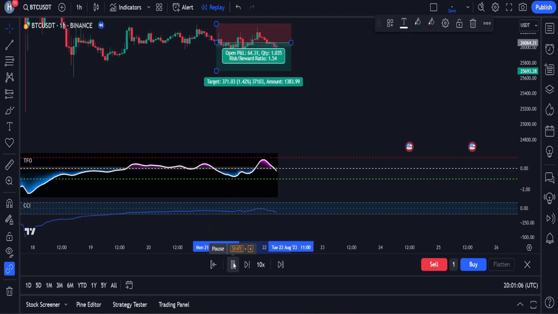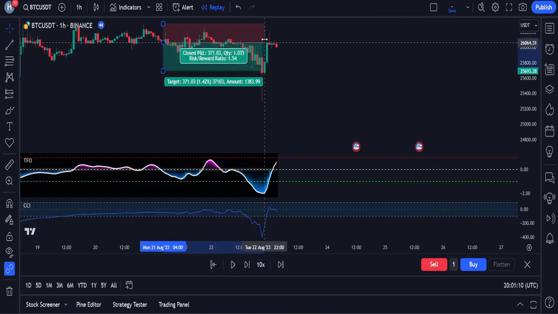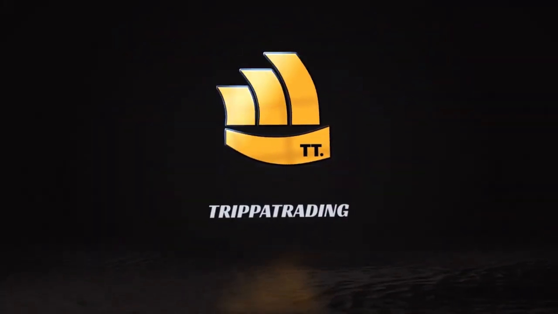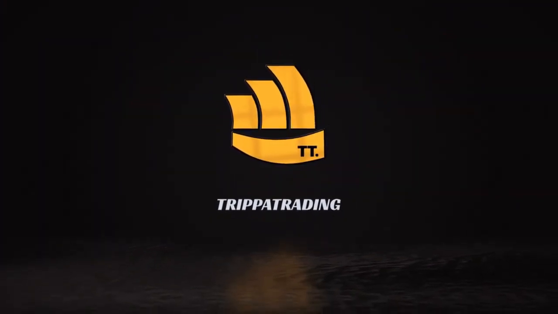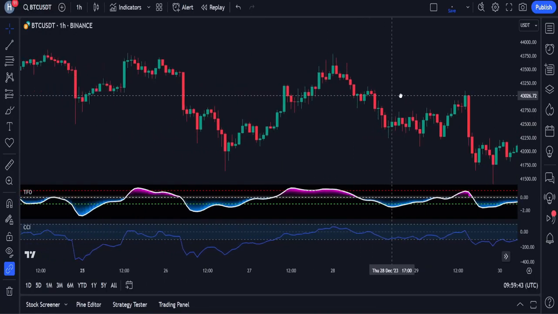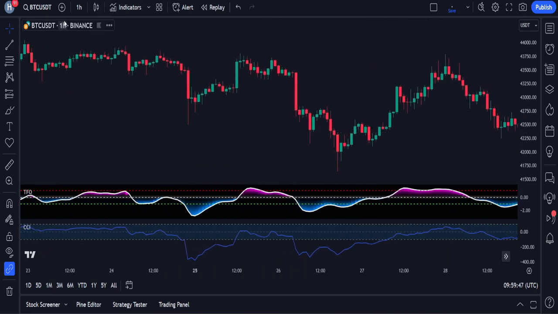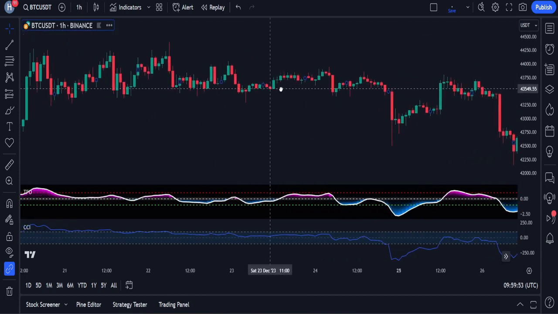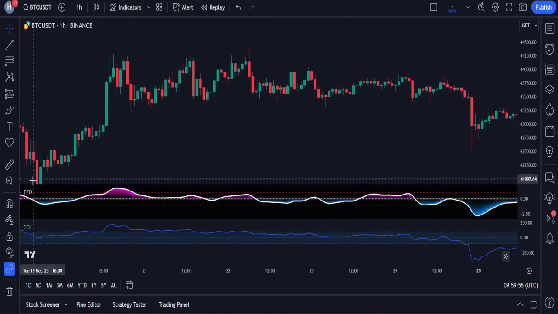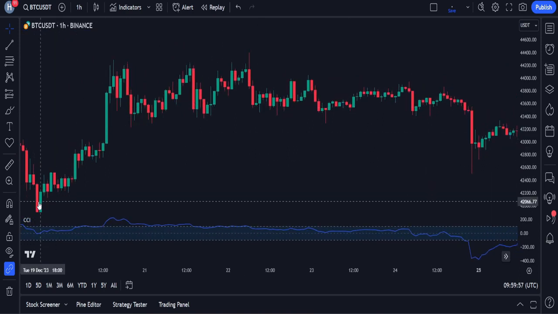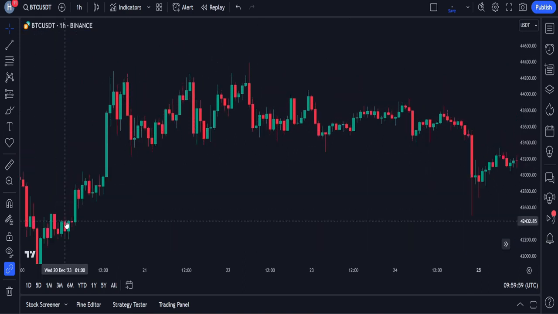So without wasting any time, let's open our TradingView chart. So this is what our chart is going to look like when we're done setting up our indicators. I'm going to be using a Bitcoin chart on a 1-hour time frame to explain this strategy. The settings that I will explain in this video will work for almost all time frames. First of all, I'll quickly cross out these indicators from the chart so I can explain their settings from the